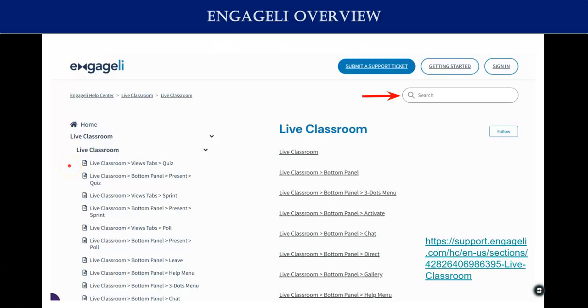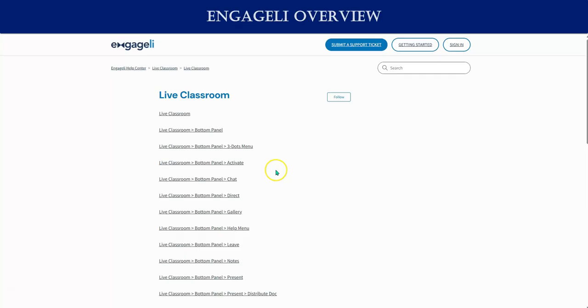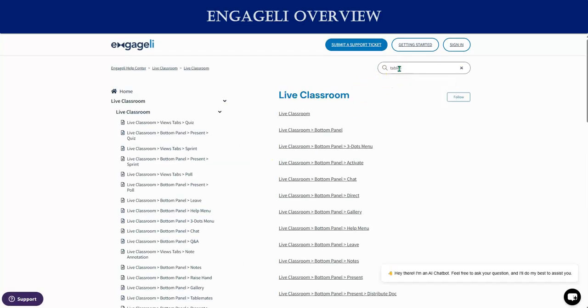The Engageli Help Center is your one-stop shop for any and all Engageli information, instructions, and how-tos. We strongly encourage you to visit often. There is a search box in the top right corner that can help you find exactly what you are looking for. For example, if I go to the live Engageli room and in the top right corner I type in tables,